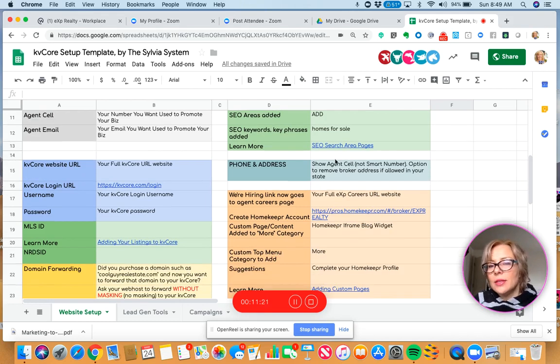Phone and address. This is just a little tip and a reminder to double check that the agent phone number that you want to promote as your phone number is showing on your website, and not the smart number that you share with other agents. There's a smart number you can purchase yourself, so it's just yours, but the smart number EXP or kvCore gives you is a shared number. So that's not a number you want to promote as your phone number. You want to promote your own business number, whether it's your cell number, a Google Voice number, or a landline, whatever. So here you're just going to make sure that your number is showing and not the smart number,